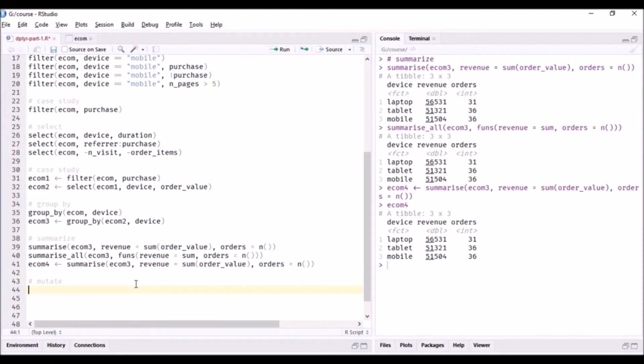Now for our case study, what we want to do is create a new variable in the ecom4 data set. We'll call it AOV, for average order value, and the value in this column is generated by dividing the revenue column by the orders column, right? So in each row, the value for the AOV column is generated by dividing the corresponding value in the revenue